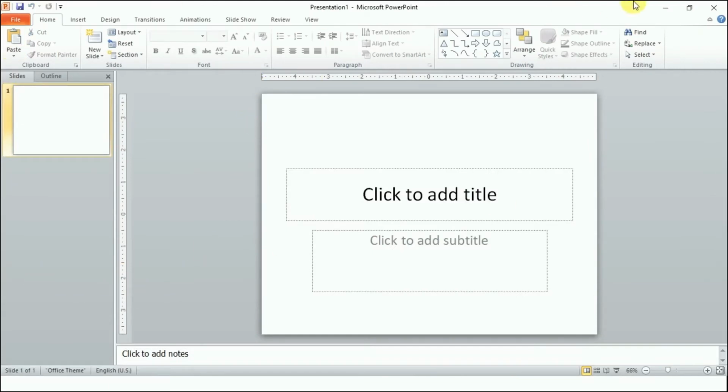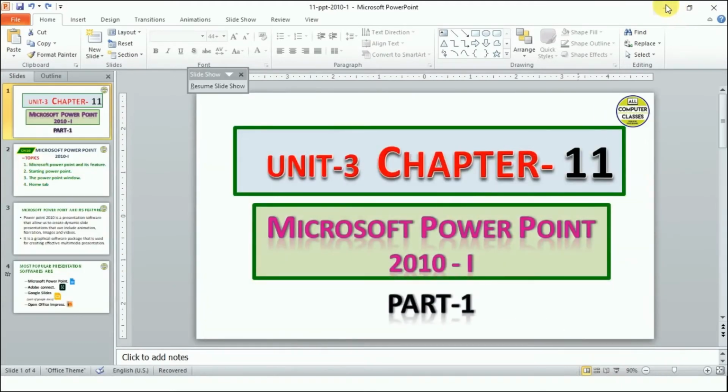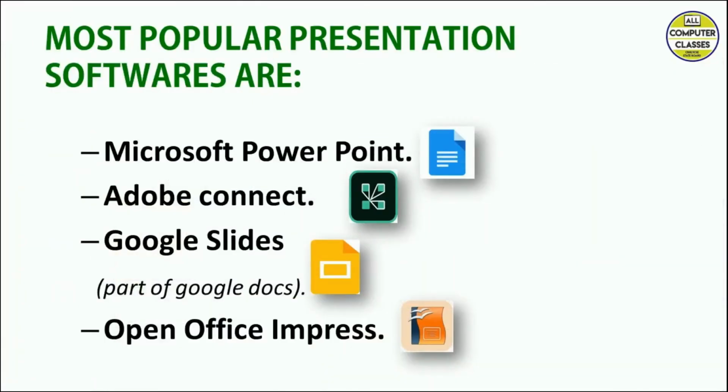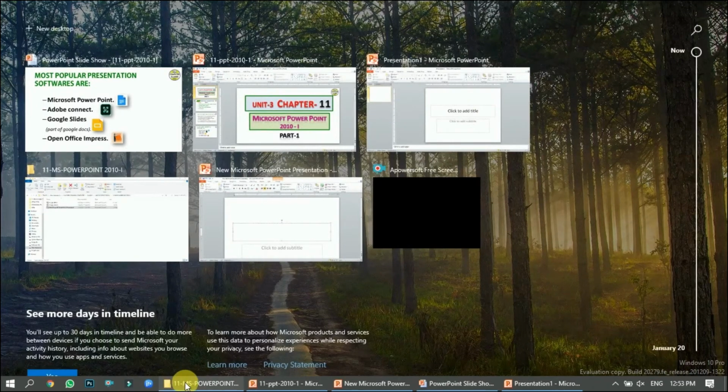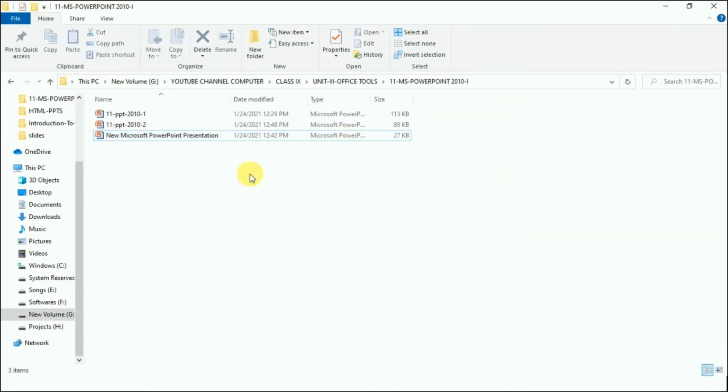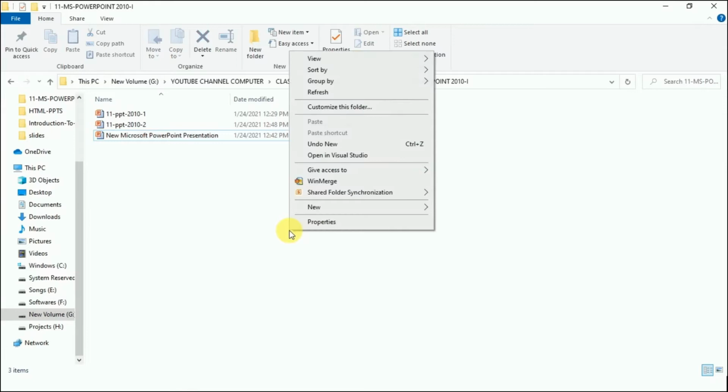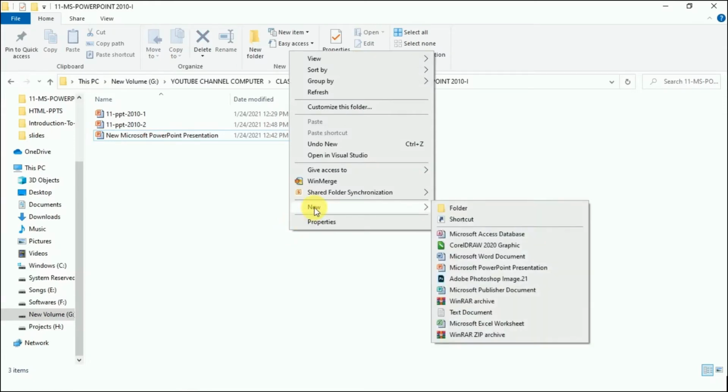Another way is, wherever you want to have the software, right click. The other easy way is to right click wherever you want to have the presentation software, go to new, and we have here Microsoft PowerPoint presentation.